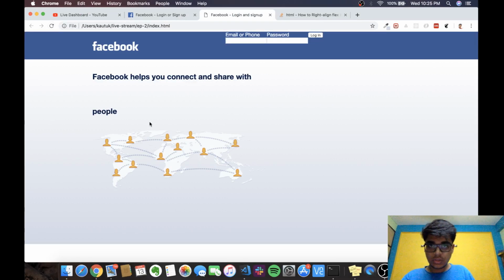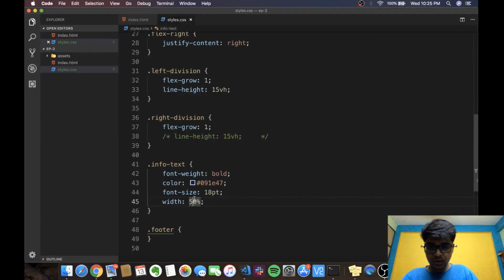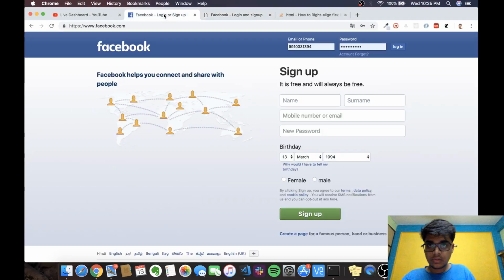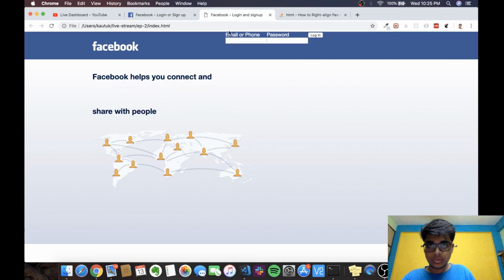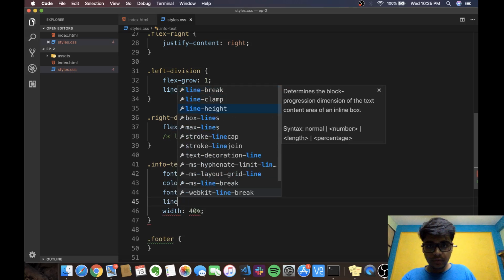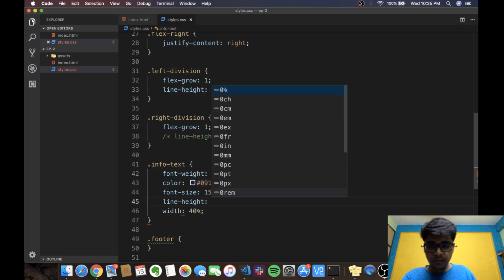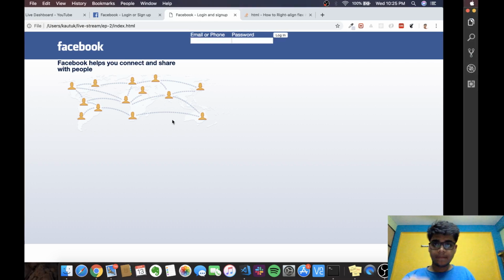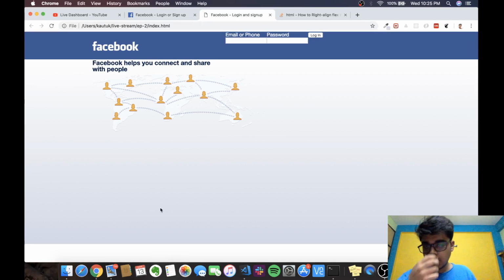Okay, so ये हुआ. इसको थोड़ा सा और छोटा करते हैं, 40%. And kind of share with people. Share with ऊपर आ रहा है, so font का size हम 15 कर देते हैं. And also लाइन हाइट को कम कर देते हैं, and we'll just call it 15 point only, same as the text height. And ये हुआ, कुछ ठीक है, I guess it's fine. थोड़ी सी ऊपर और नीचे की तरफ padding